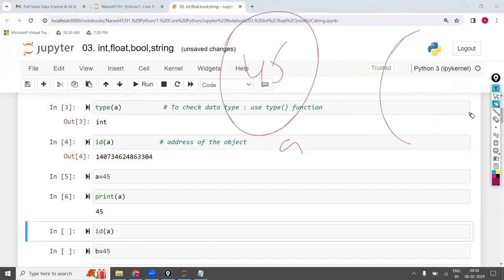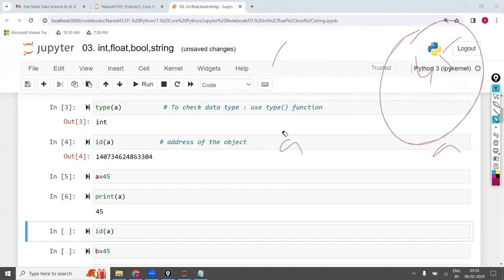Why, sir? The previous object 10 is there. First you created 10. You could simply erase only 10 and fill 45 inside, but that is possible only for mutable objects. For immutable objects, this option is not there.